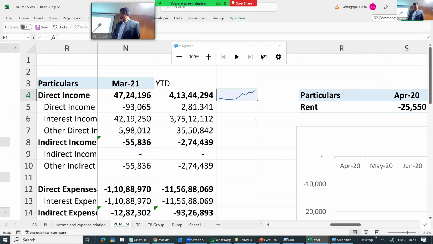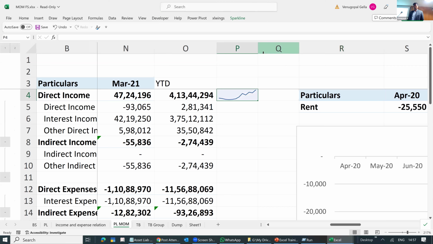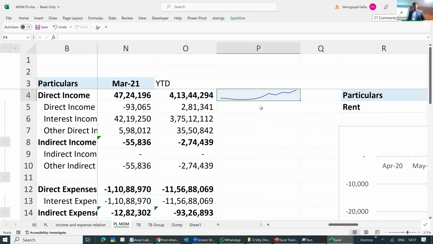Can you see, automatically the graph is showing on a higher side in the last quarter. So you can actually go and ask the manager why it went down and suddenly the graph is going up.